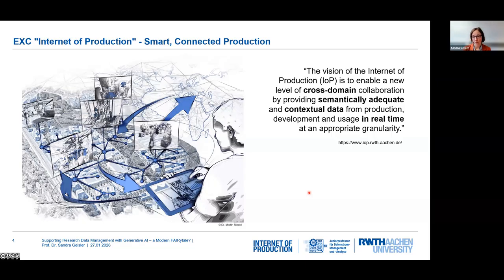Here we have an interdisciplinary project which was covering more than 35 institutes and over 200 researchers from diverse disciplines. And here we faced several problems, especially in research data management,